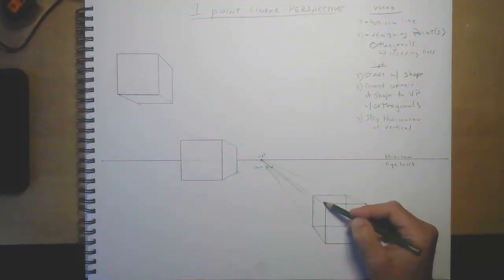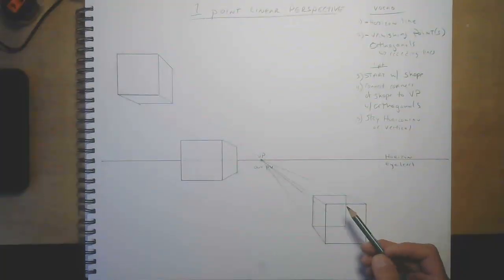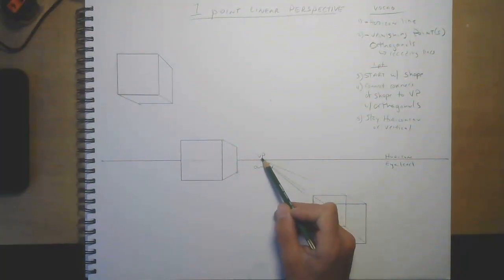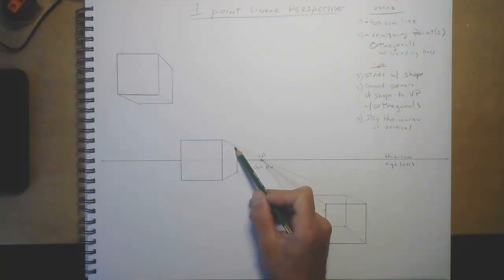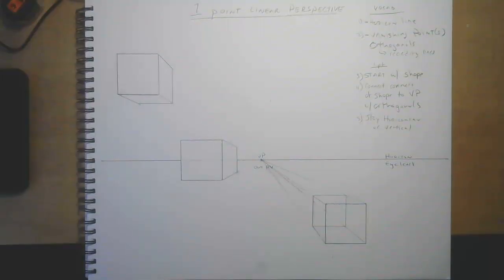These lines never angle. They always just stay straight vertical or straight horizontal. The only lines that angle and recede to our vanishing point are the lines that go away from us, right? So anything else just stays perfectly